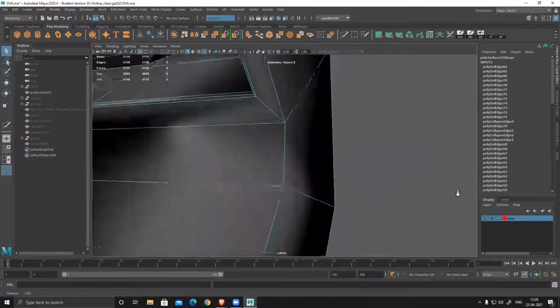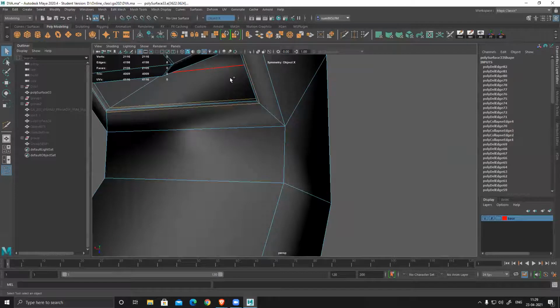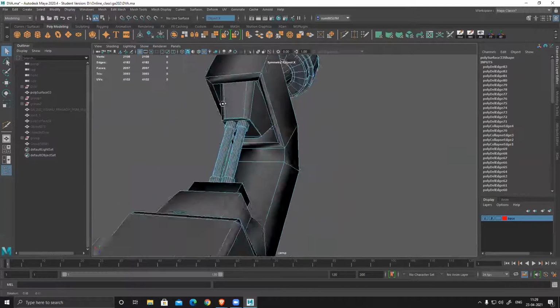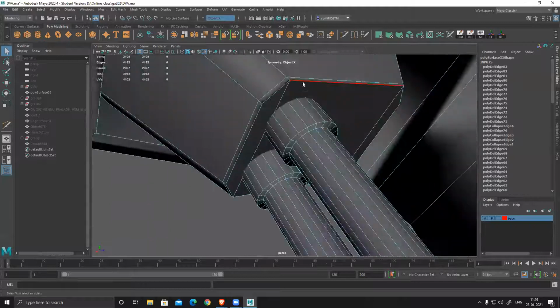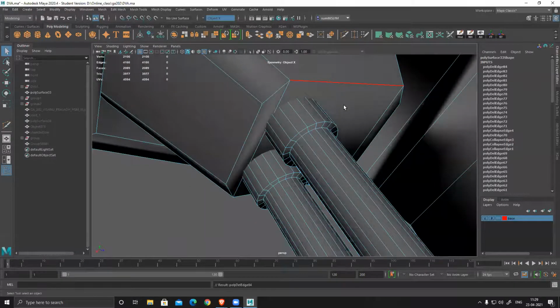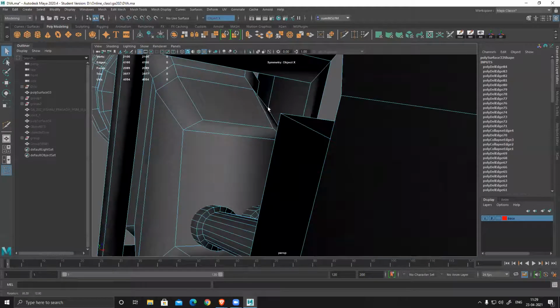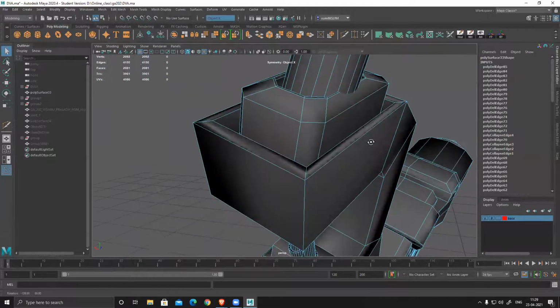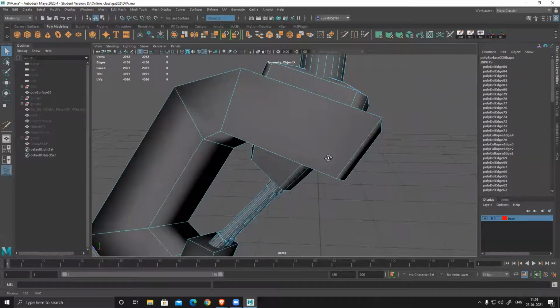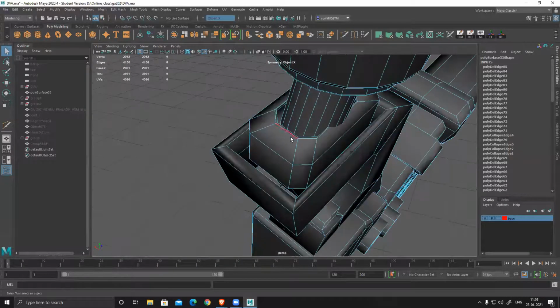Cleaned it, and here also all clean. Right, that section is not visible now, so I just remove that.